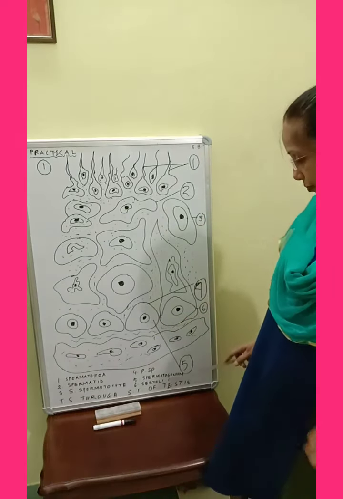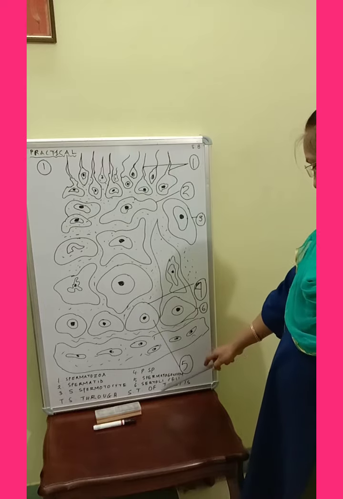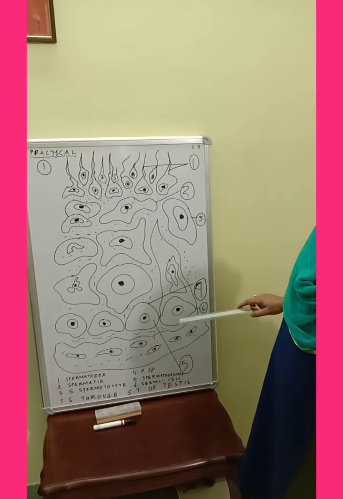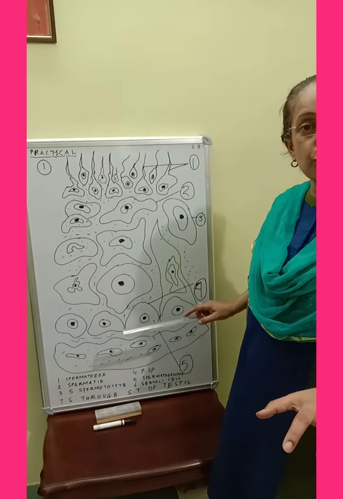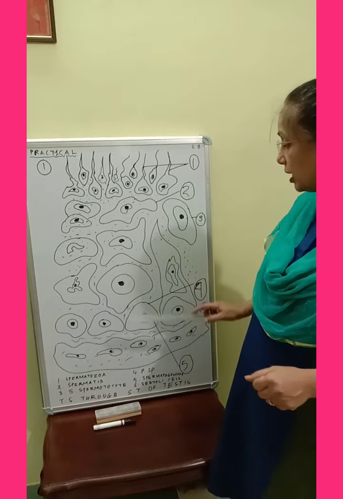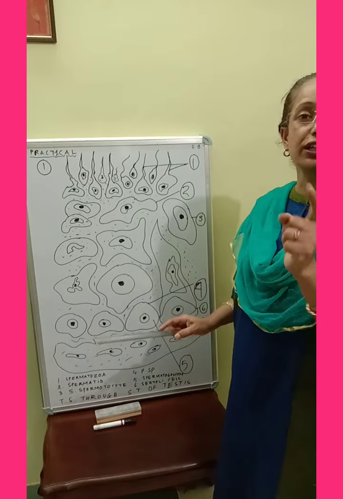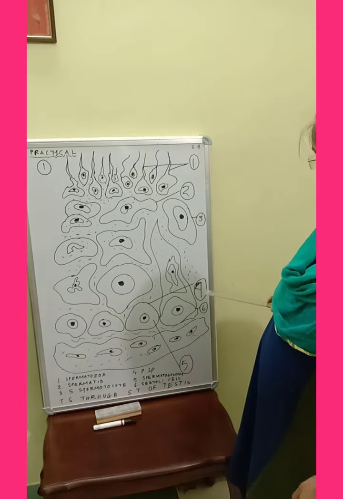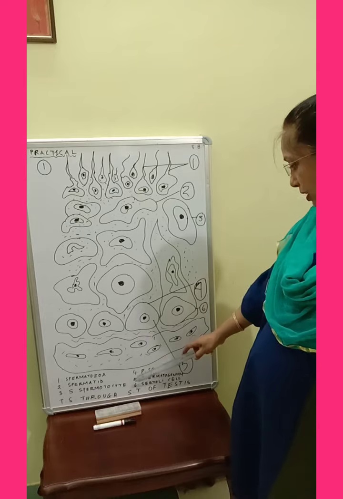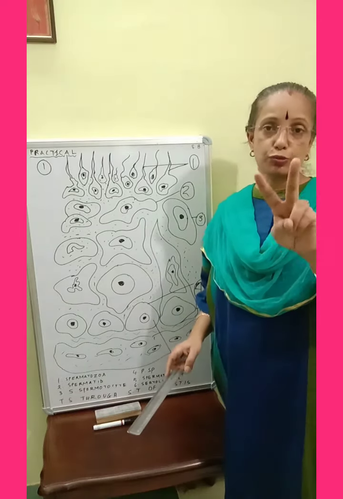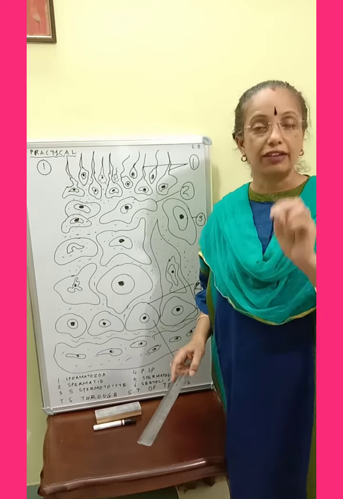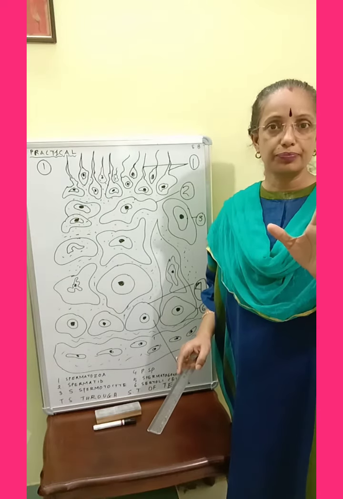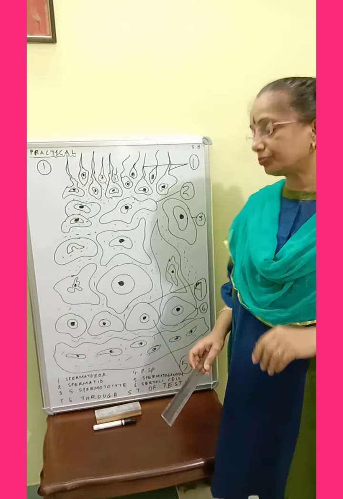So to begin with, the sperm mother cell, spermatogonium, that is number 5. These are sperm mother cells at the base. They are all having how many chromosomes? 46 chromosomes. They are undergoing first meiotic division, which is reductional division, to form primary spermatocyte. That should be number 4. So primary spermatocytes are formed having exactly 23 chromosomes each. Fine. That is reductional division.